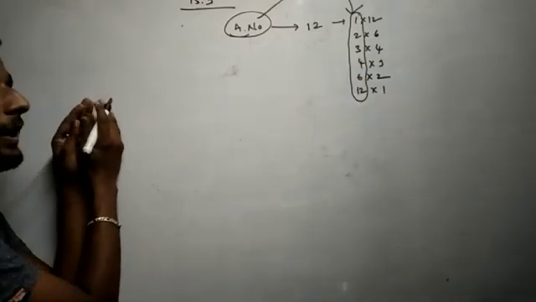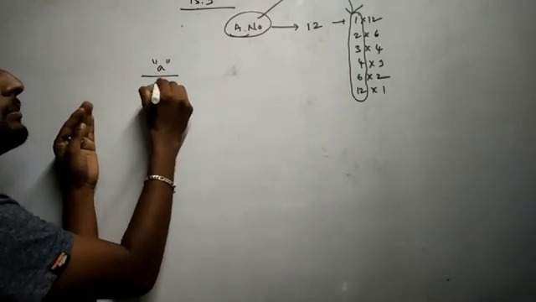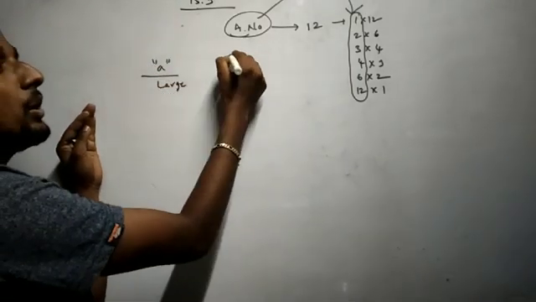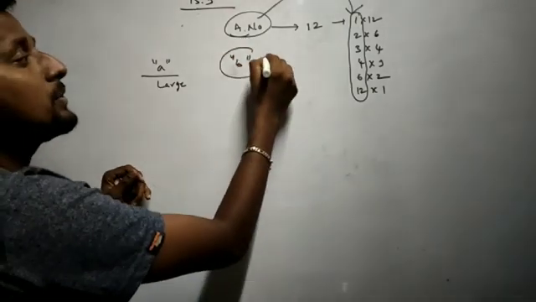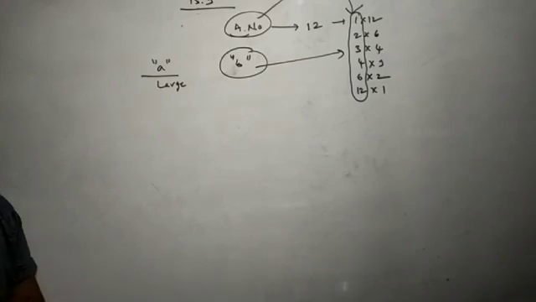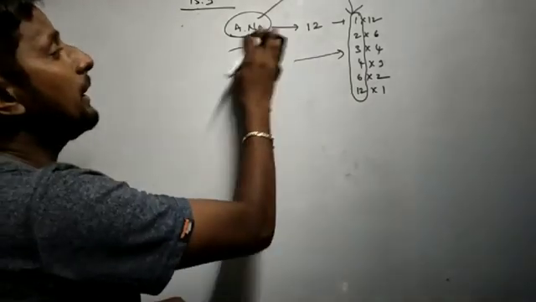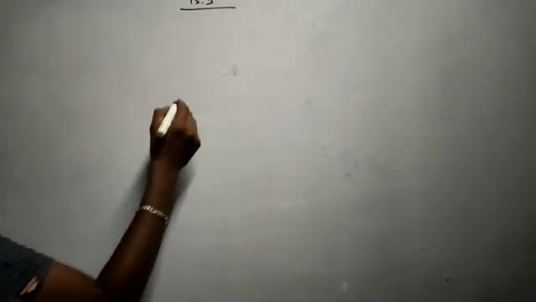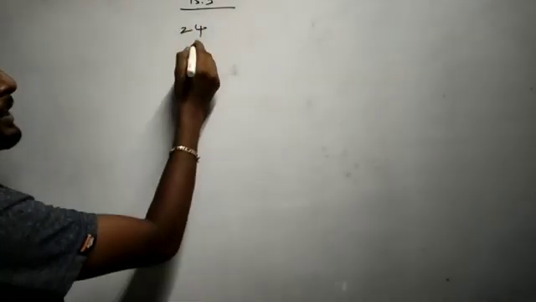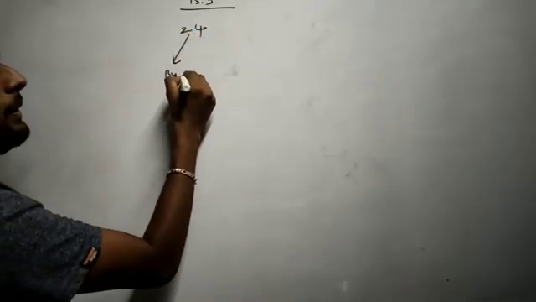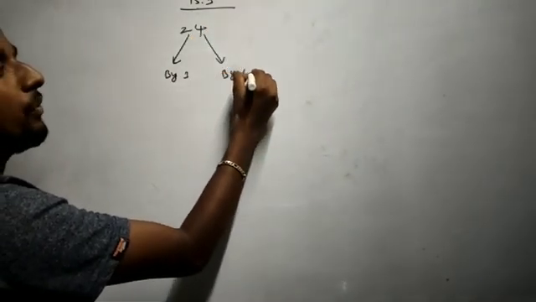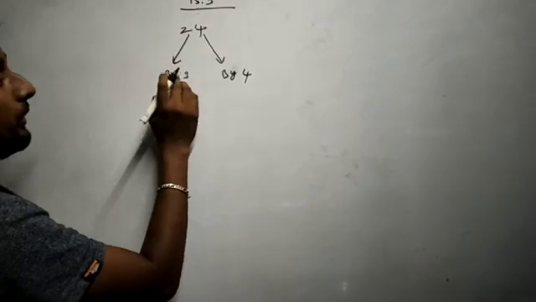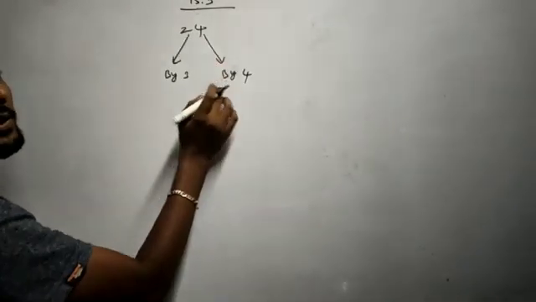So simple. If a large number A is divisible by one more number B, then the number is also divisible by all the factors of B. That is one of the rules. Second one: if a number is divisible by A and B, and A and B have no common factors, then the number is also divisible by A into B. For example, 24, correct? So 24 is divisible by 3, 24 is also divisible by 4. 4 3s are 12, 3 8s are 24, 4 6s are 24, correct?